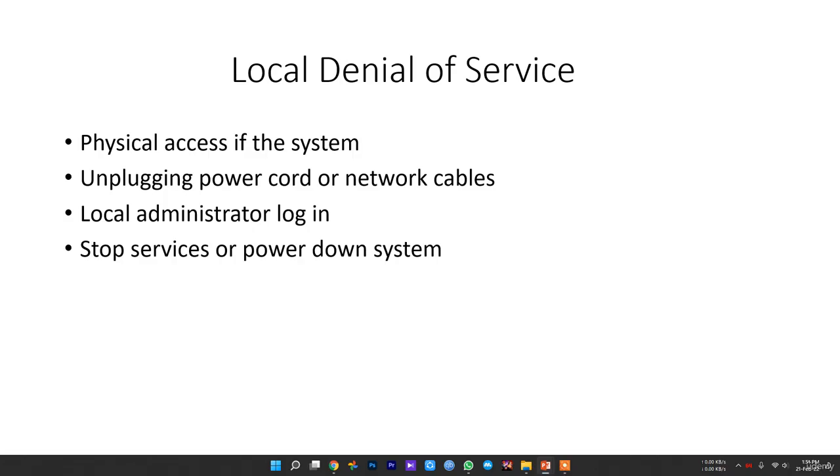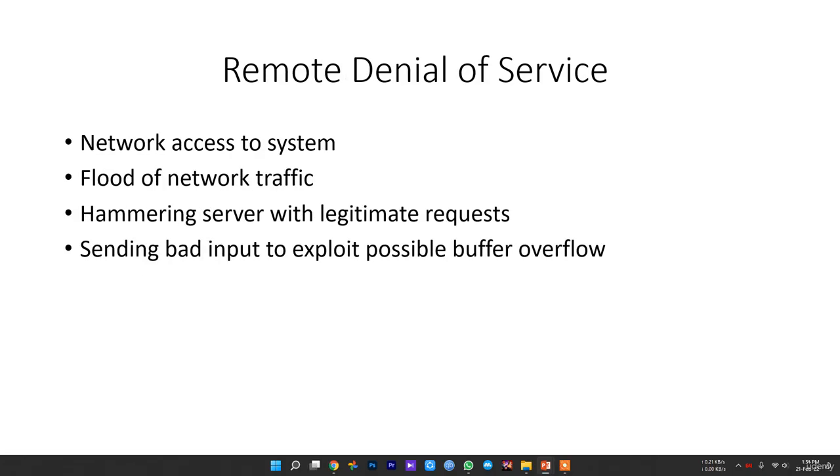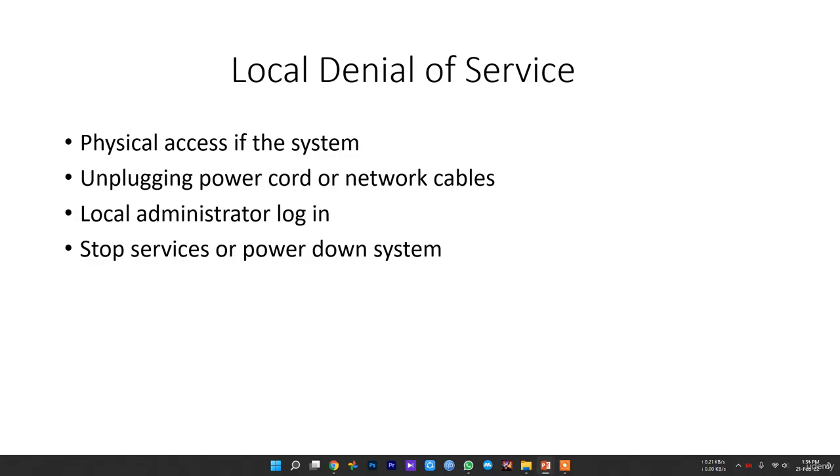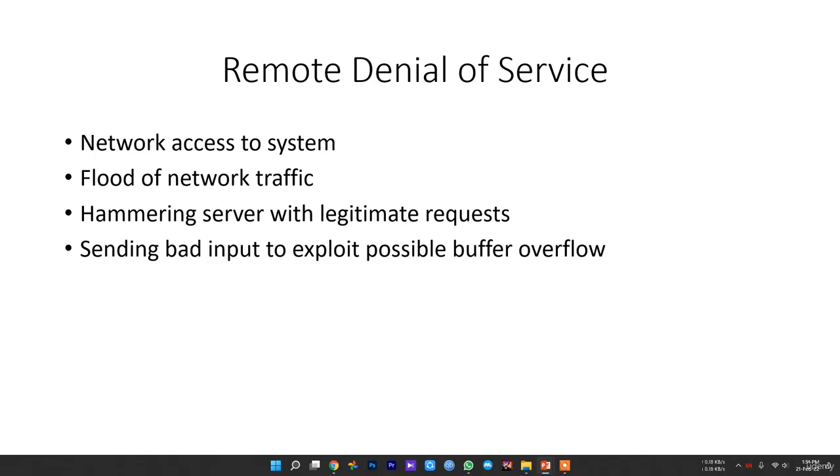The occurrence of a buffer overflow can cause DoS conditions for this reason. The exploitation of buffer overflow vulnerabilities is often used in denial of service attacks. Rendering a system unable to adequately provide services can be done locally or remotely. So performing a local DoS attack is done on a system that the attacker has physical access to, so that he can be